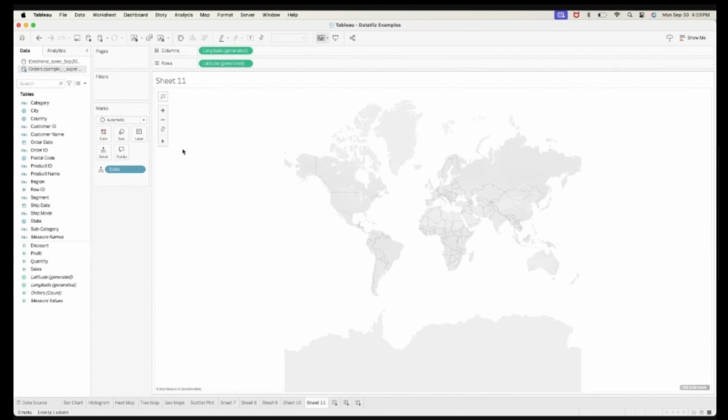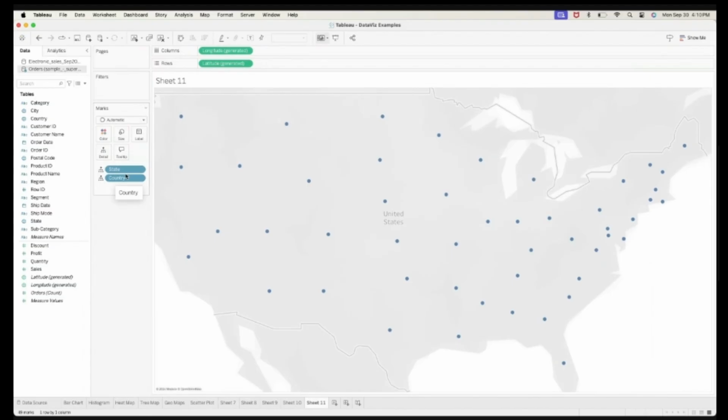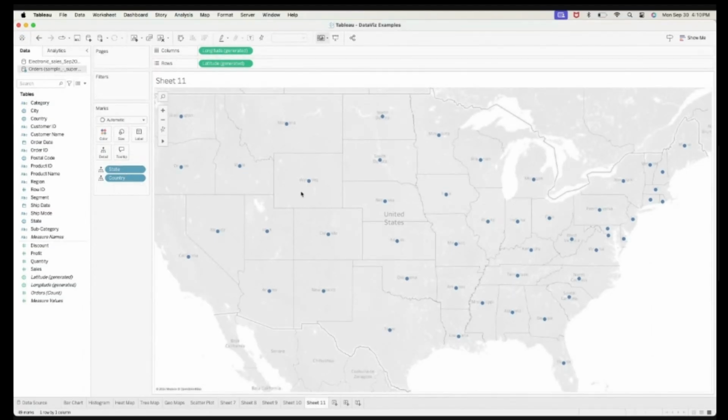And all you need to do, because in this dataset Superstore, it has a country column. So I will need to add the country column here as well. So it focuses now the country. Isa lang yung country dito actually. It's the United States. And now you have your state.